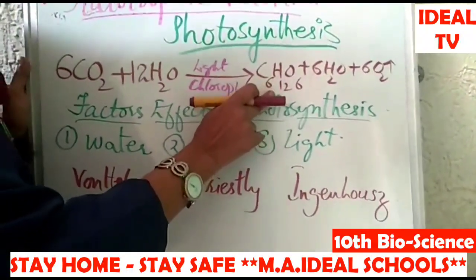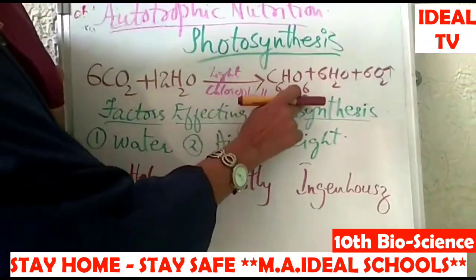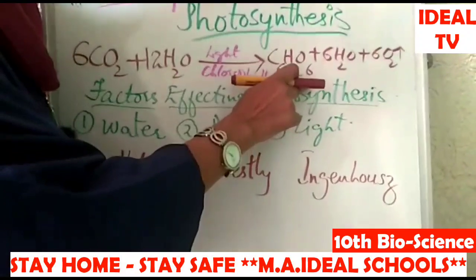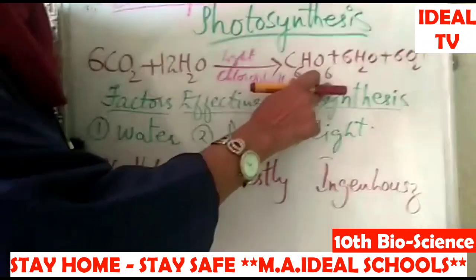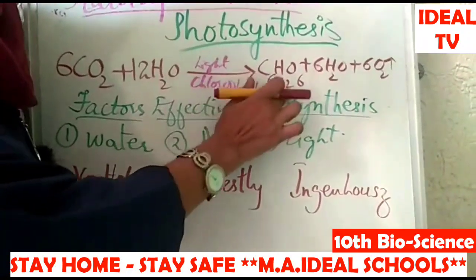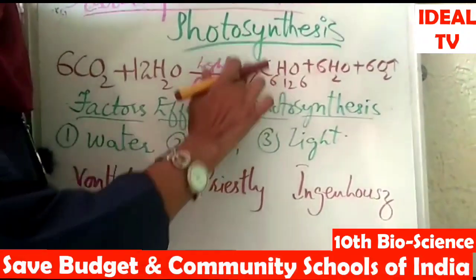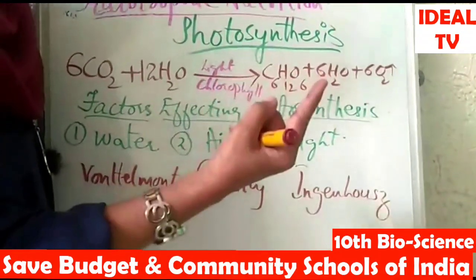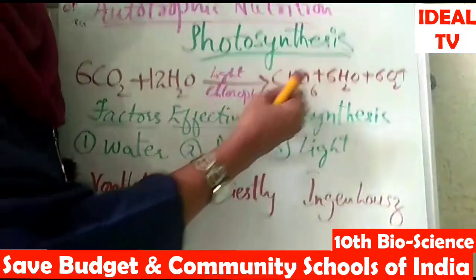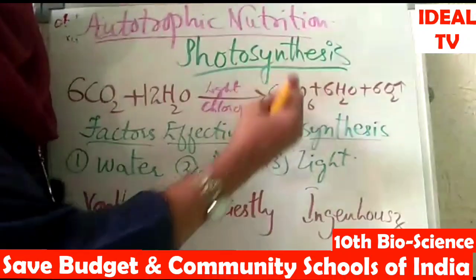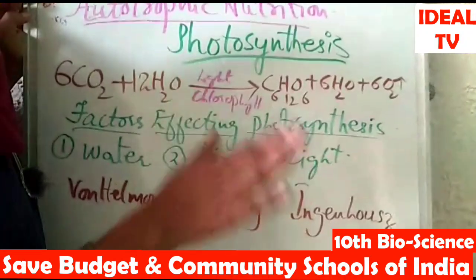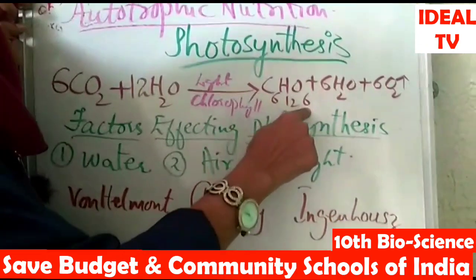This carbohydrate, which we are saying is C6H12O6, is nothing but a general sugar. You can name it as sugar, or starch, or you can also call it carbohydrate. So all these compounds are one and the same and their formula is C6H12O6. So in general we can refer to this term by three different names: one, carbohydrates; two, sugar; three, starch. Carbohydrate is one such substance which contains carbon, hydrogen and oxygen in them.